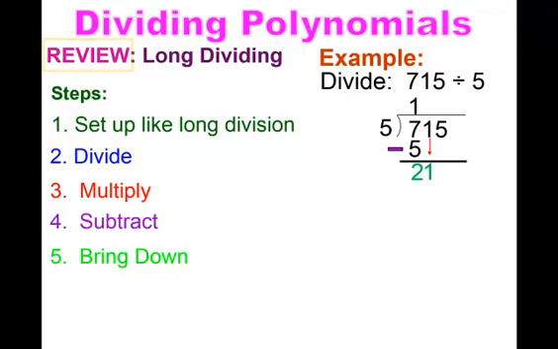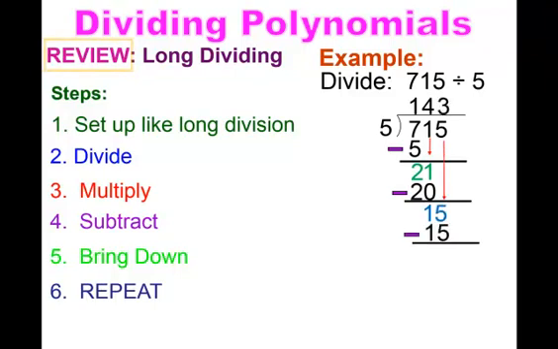And then you're going to do the whole process over again. How many times will 5 go into 21? 4 times. You get 4 times 5 is 20. You do the subtraction, and again, you won't see the subtraction sign, but you know you're subtracting. And then you're going to bring down the next piece, and you're going to multiply 5 by 3, and you're going to get 15, and you subtract, and you get your remainder is 0. So this is just a quick review of what long division looks like with arithmetic, but long division with polynomials